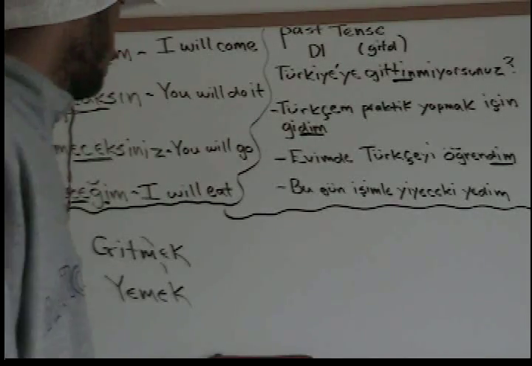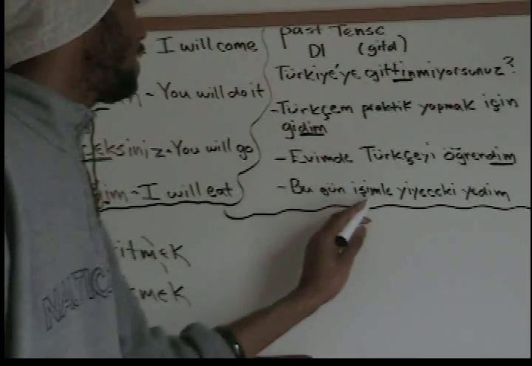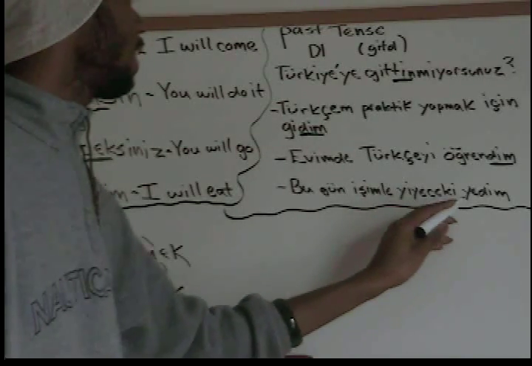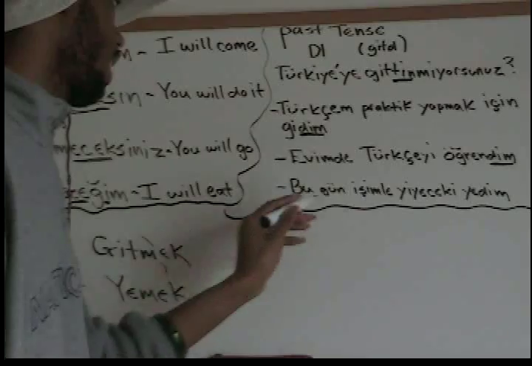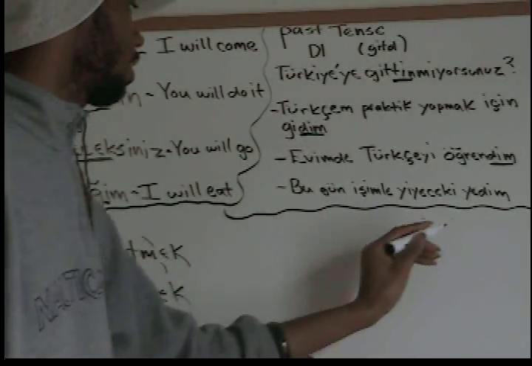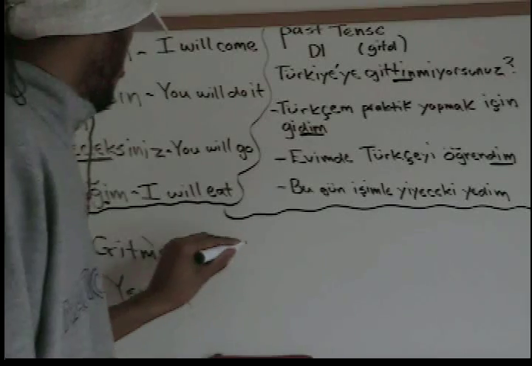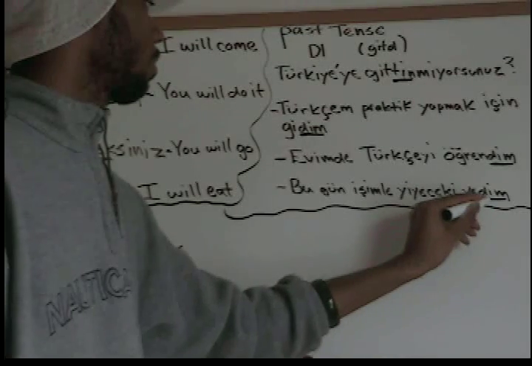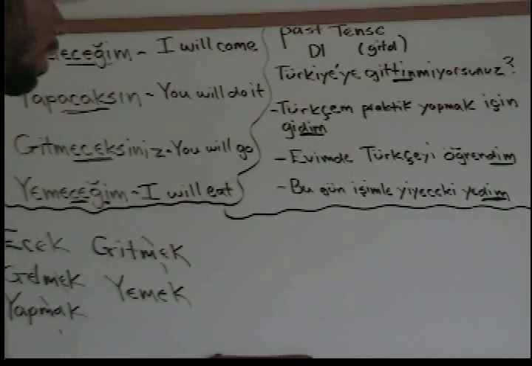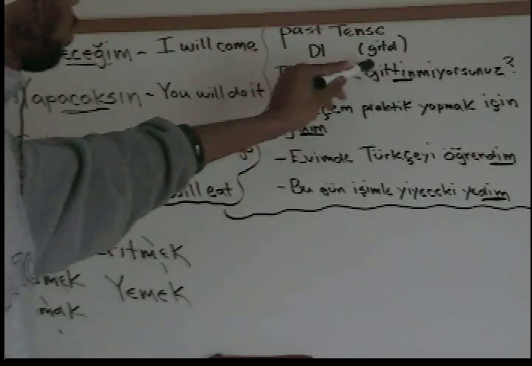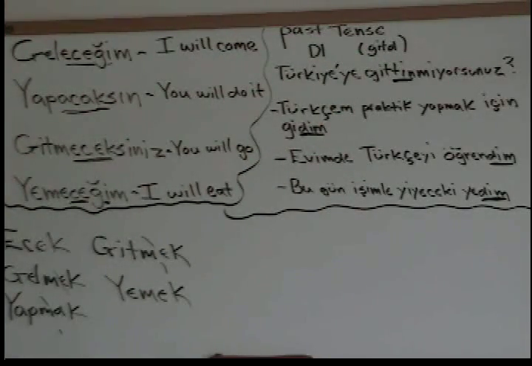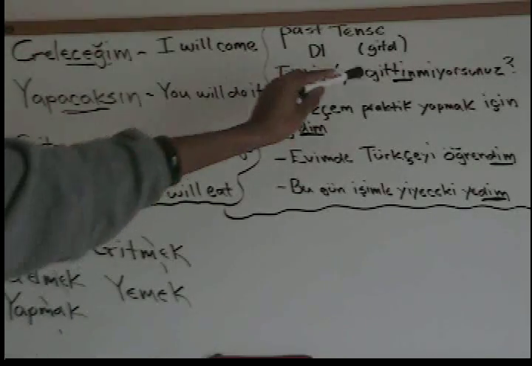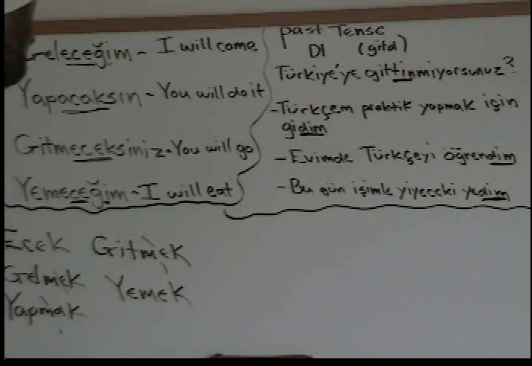So, next example. Bugün eşimle iyi yemek yedim. So today I ate food with my wife. Okay? So from yemek, to eat, yedim. I ate, yedim. Okay, so essentially it's D for the past tense. Now if you have a situation like this, when you're going to have two consonants, then you just go ahead and double the consonant, like what happened here, T. Okay.